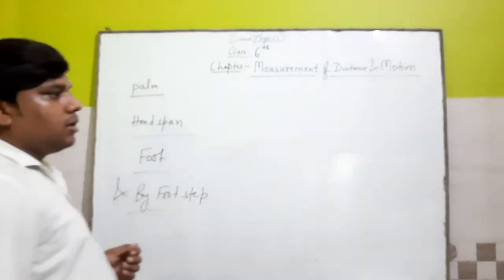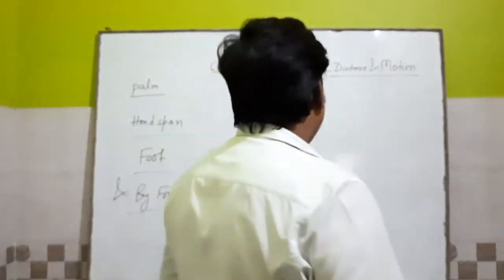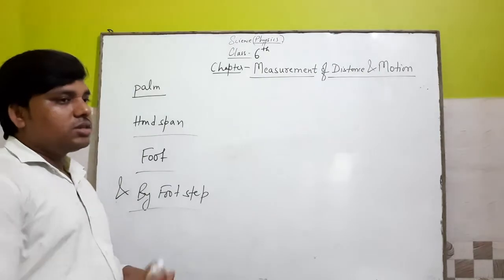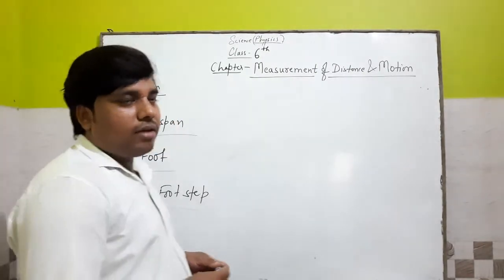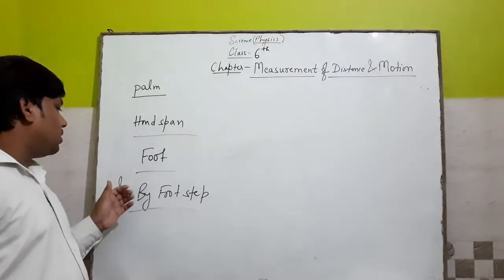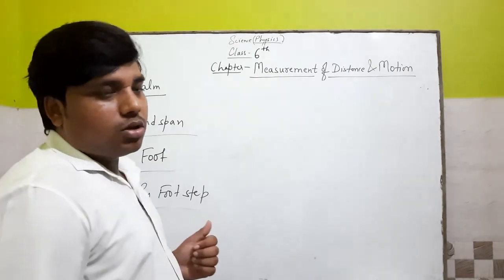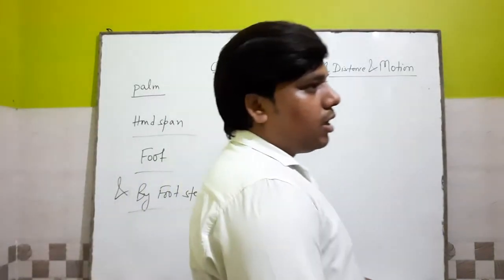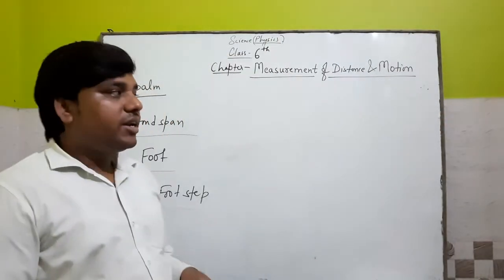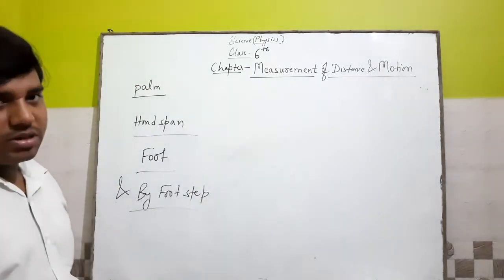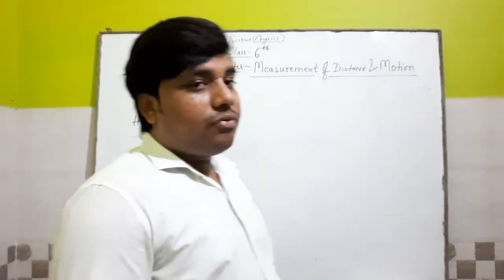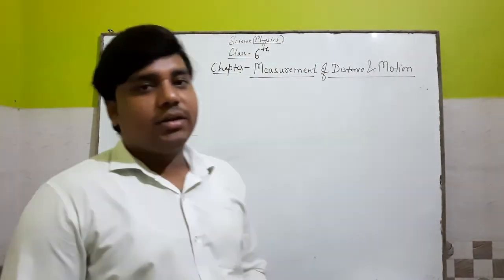But there is a lot of problem due to these units, because every person has different length of palm, length of hand span, foot or foot step. Okay. So in that condition there is a lot of problem of measurement in distance or dimension, because every time with a different person the measurement will be different. Okay,